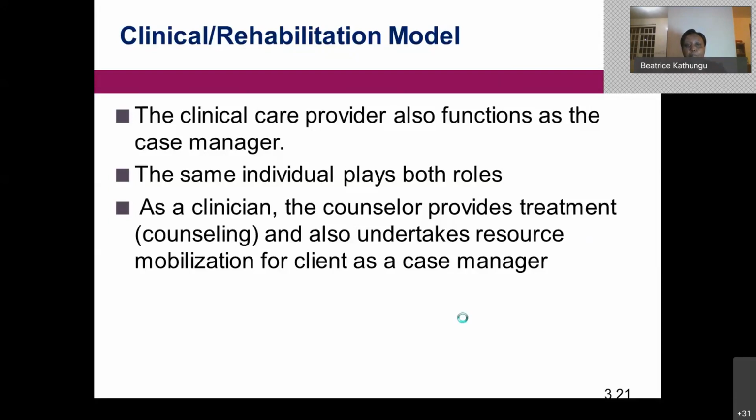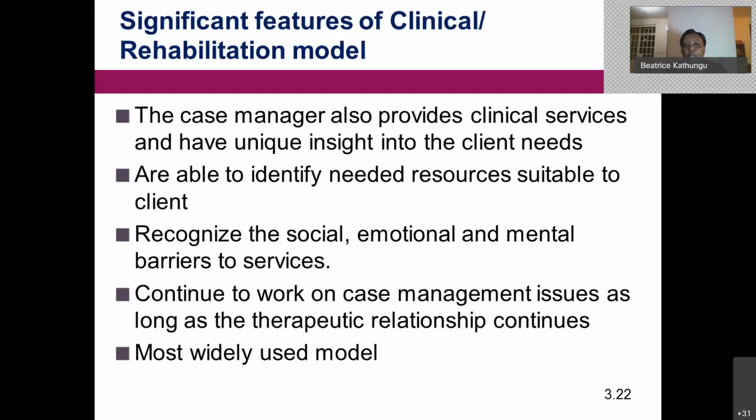Now, the other features of this model, like we have said, is that the case manager provides clinical services and has a unique insight into the client's needs. Why? Because they are the ones that work with the client through the counseling process. So it's very easy for them to have deeper insights about the needs of the client. Even when they connect the client to the external resources, they are likely to meet the client in counseling and understand some of the challenges the client may be facing. They're able to identify the needed resources that are suitable to the client because they are working with them as their primary counselor. They also, very important, recognize the social, emotional, and mental barriers the client may encounter